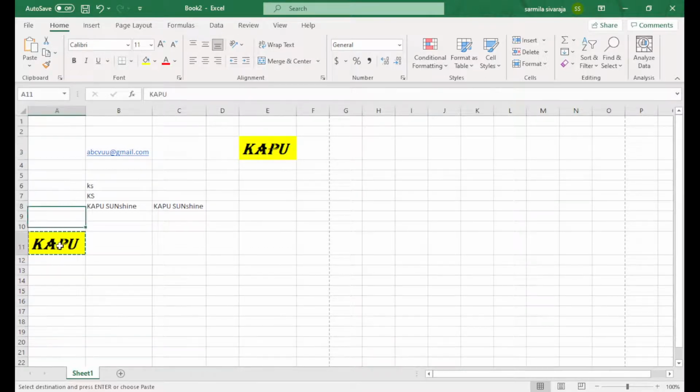So if we need only the text, then in the same way we can copy with Control C, or you can copy this keyword, then come here and right click. Under the paste option,